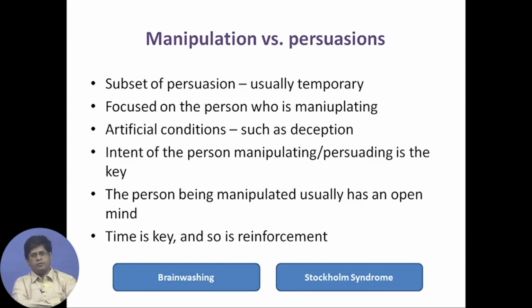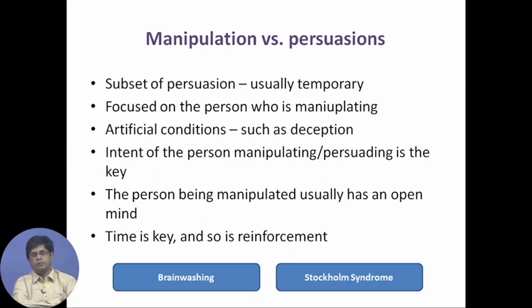Brainwashing is a technique where you see that it can have elements of persuasion, it can also have elements of coercion, forcing somebody, combined together, and repetition is something which is distinctively there, and hence we would put it under the category of manipulation. On the other hand, Stockholm syndrome is something very interesting which changes perception, but it is